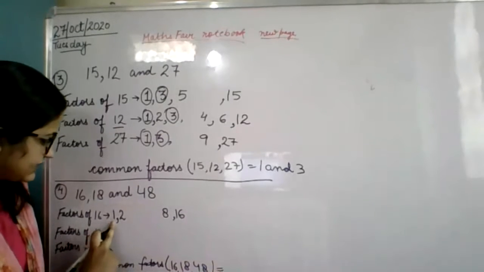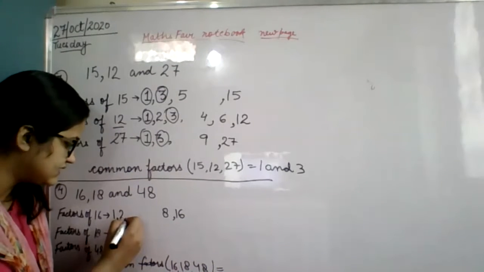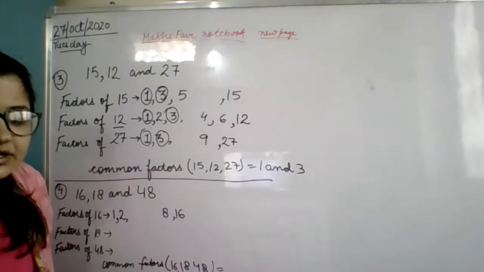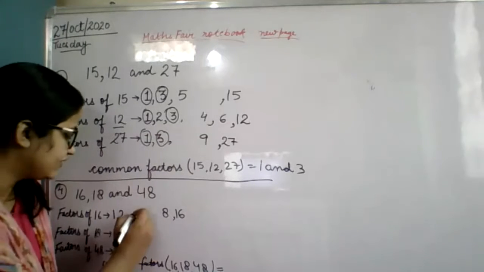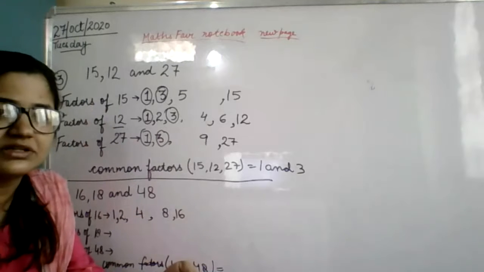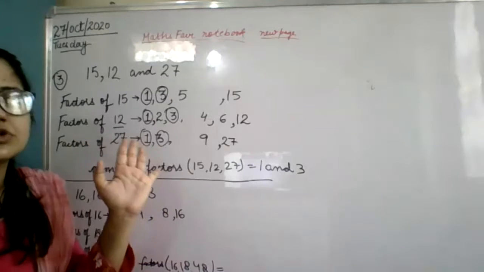So 16 is coming in the table of 16, 1 sixteen is 16, 2 eights are 16. 16 is not coming in the table of 3, 3 fives are 15, 3 sixes are 18. It comes in the table of 4, 4 fours are 16. If 4 is repeating, now we will not say 4 fours are 16, so we will not take out more factors, we will stop here.